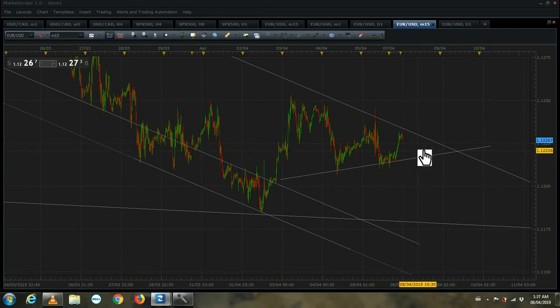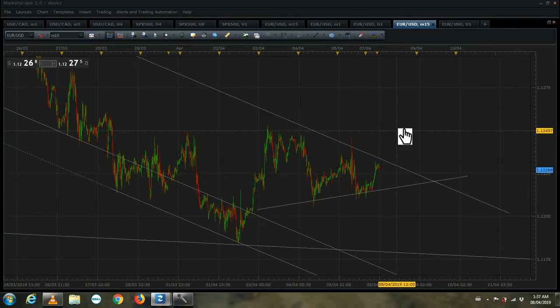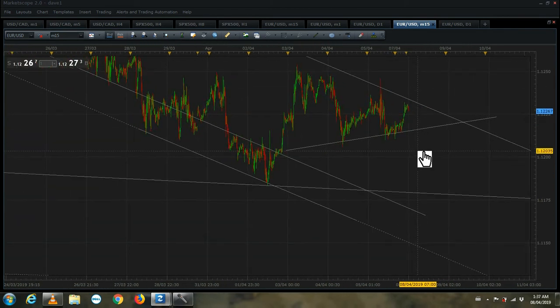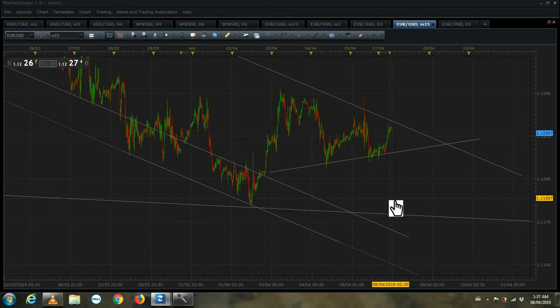And right now, you're kind of on a bit of an uptrend. So this is actually forming a wedge pattern, or a flag. So it could break out. Chances are it will break down